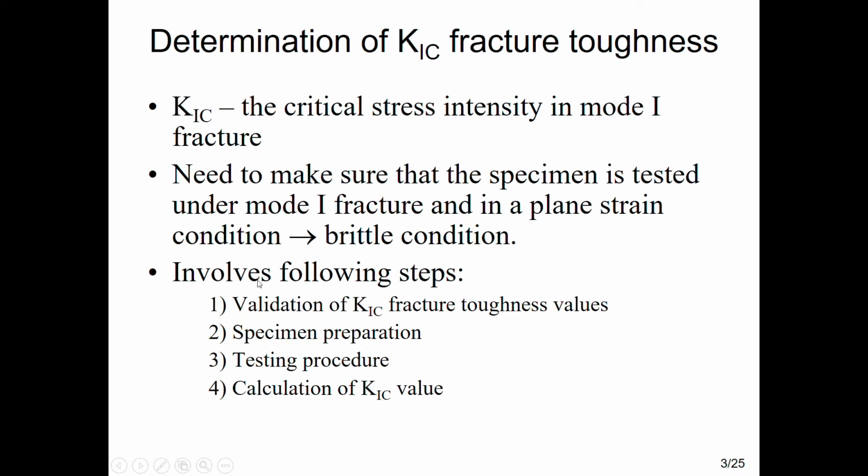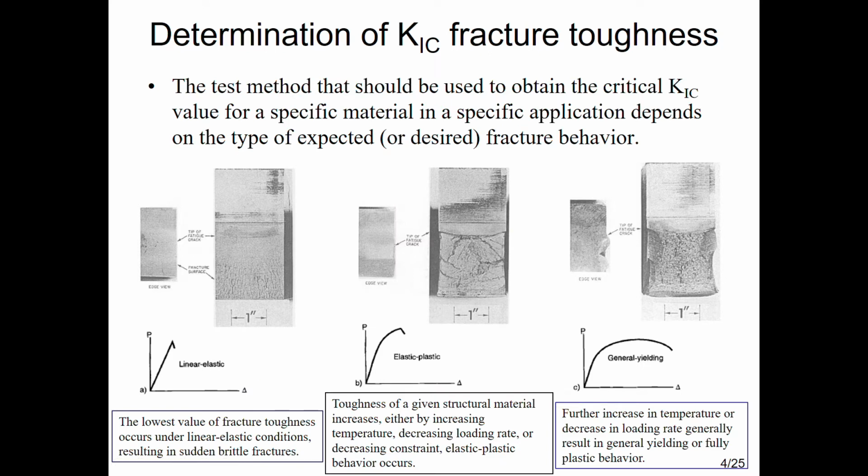Okay, it's going to involve the following steps. The first one is the validation of K1C fracture toughness values, and then the specimen preparation. Next, the testing procedure, and the last one is the calculation of K1C value. Okay, the determination of K1C fracture toughness. The test method that should be used to obtain the critical K1C value for a specific material in a specific application